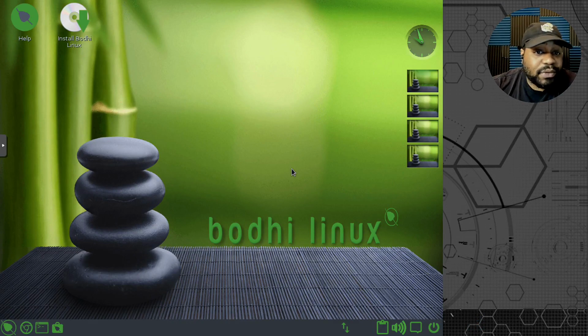This is Bodhi Linux, and as you can see, they have the install script on the desktop, but we could play around with the desktop now without actually installing it. You could do pretty much anything you want from the live ISO and kind of see everything about it, but I want to go on and walk you guys through the install process. So let's just hit install,